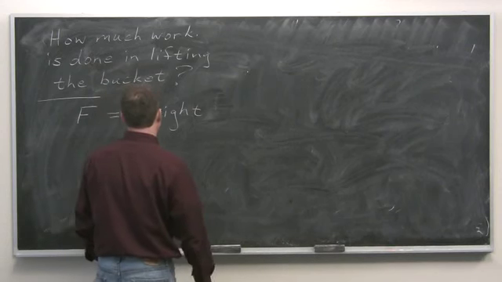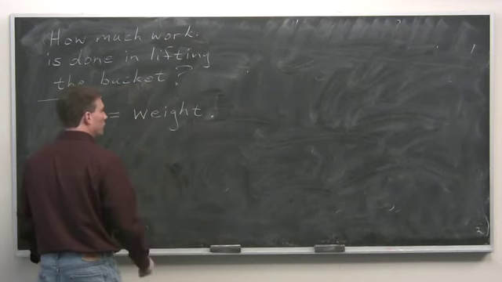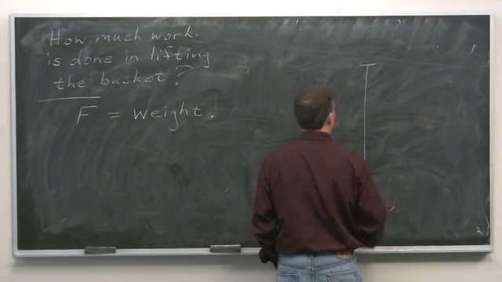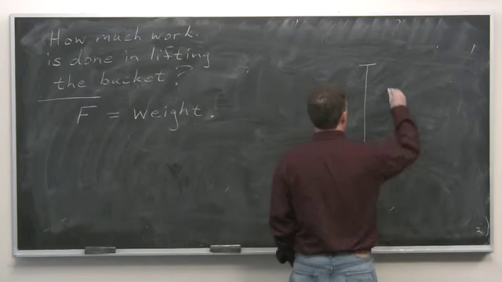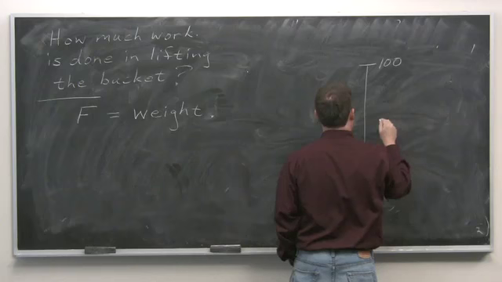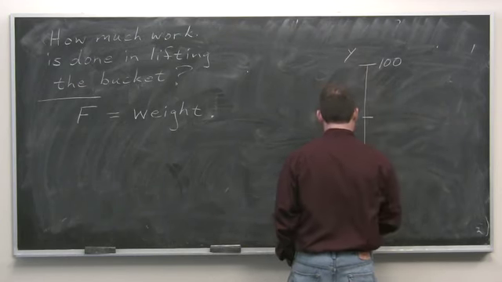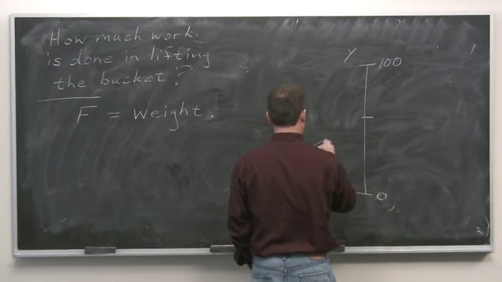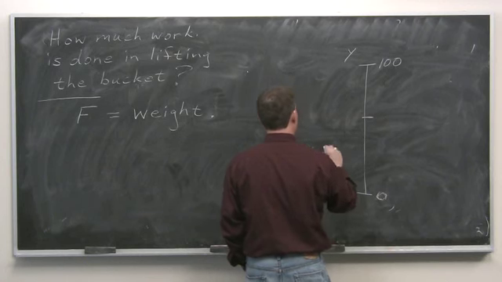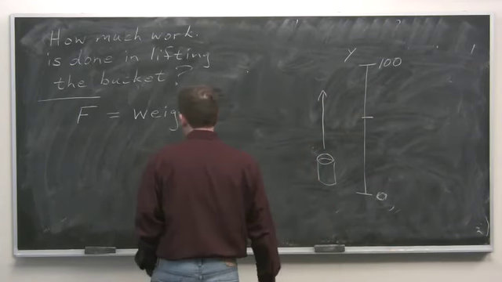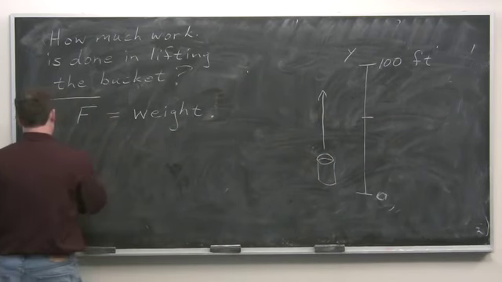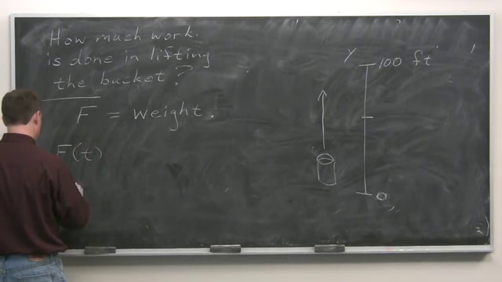Which is changing. First, I'm going to write the weight as a function of time, and then we'll have to change it to a function of the position. So I'm going to call my vertical axis y, and I'm going to assume I start at y equals 0. So I'm just calling where the bucket starts 0. So this is the y-axis, and we're lifting the bucket upward. I'm first going to write this as a function of time, and then we'll have to convert it into y coordinates. So f at time t, where t is in seconds,